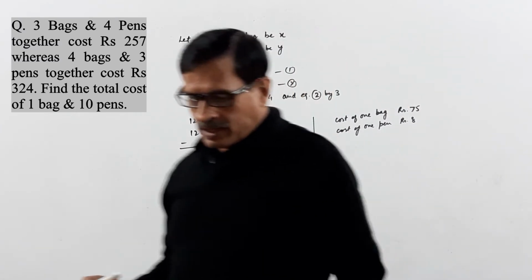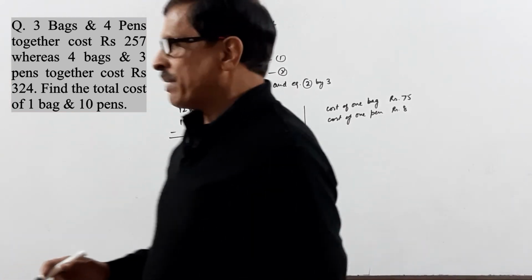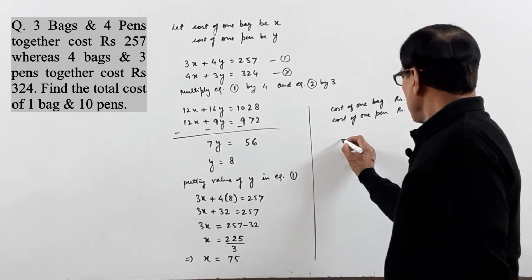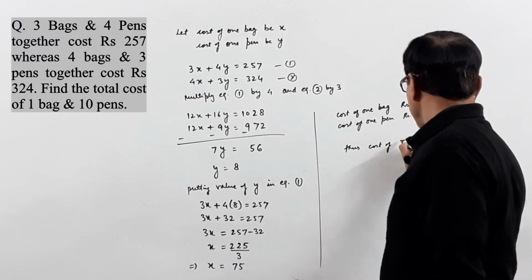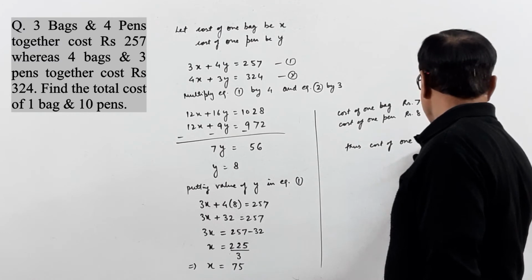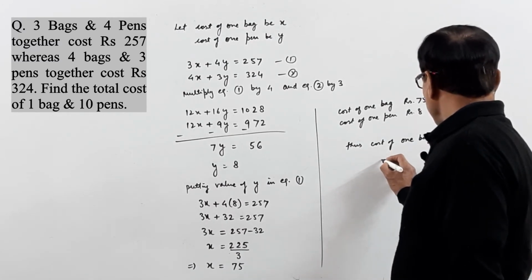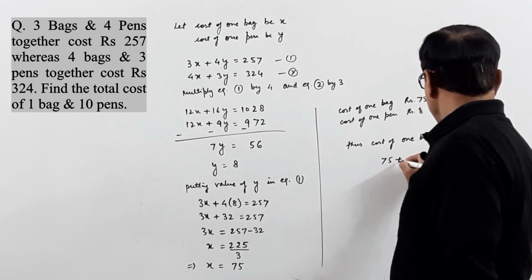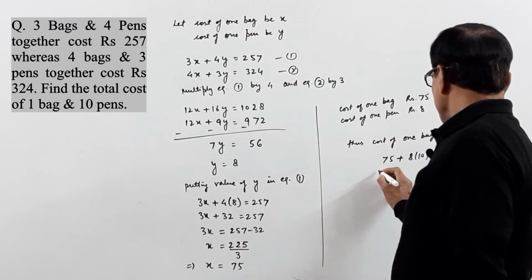Now we have to find the total cost of one bag and 10 pens. Thus the cost of one bag and 10 pens is 75 plus 8 into 10,